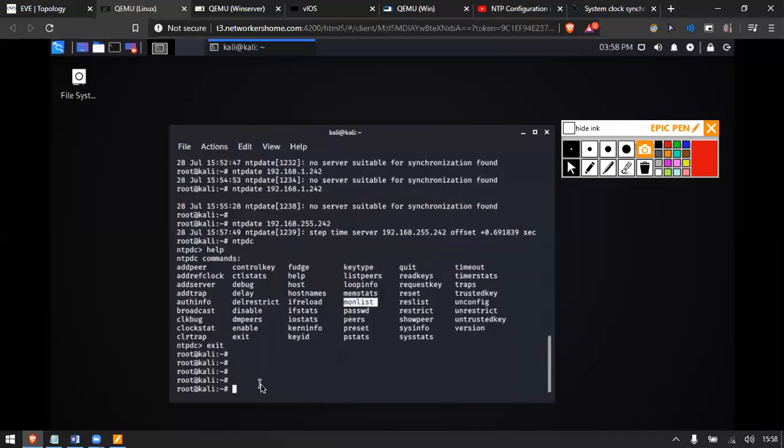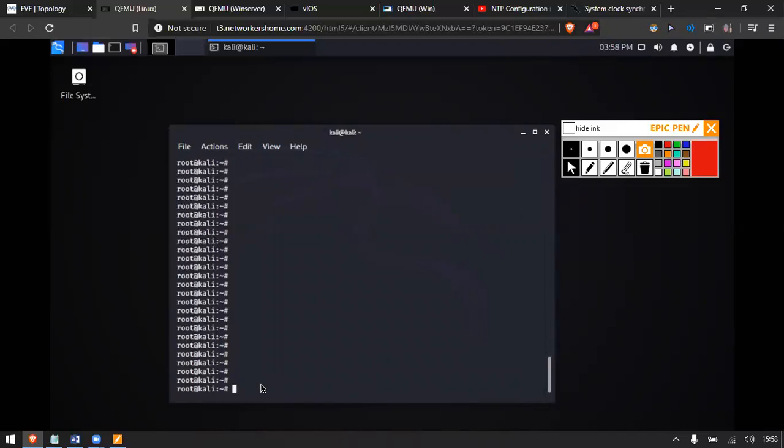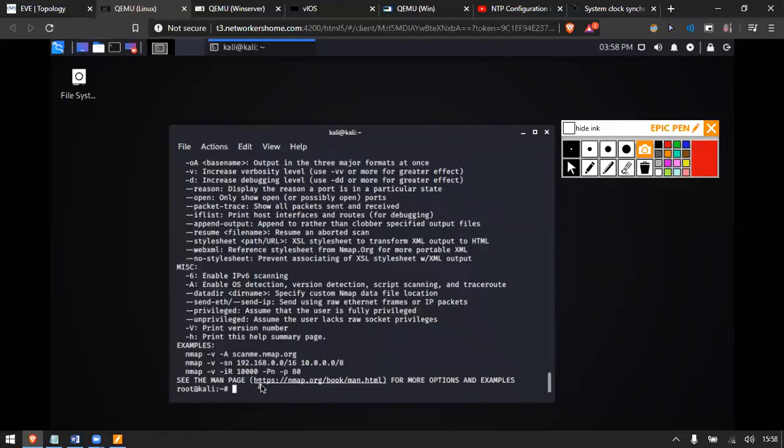So the command goes like this: nmap -sU -pU, and the port we will define manually, which will be 123, which is UDP 123, our NTP server, equal to ntp-monlist.